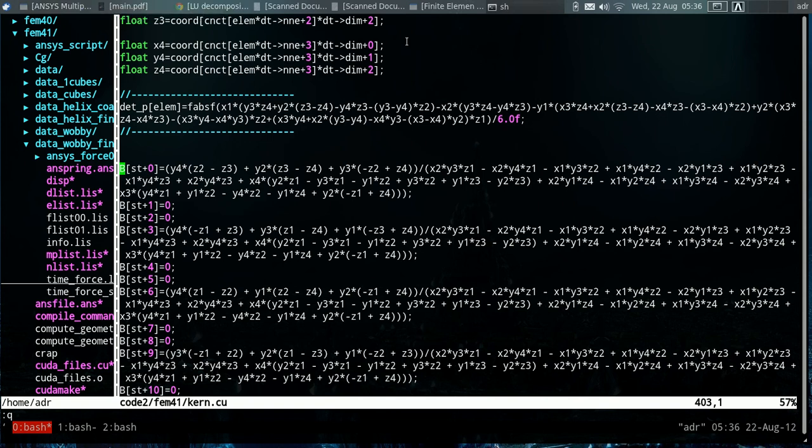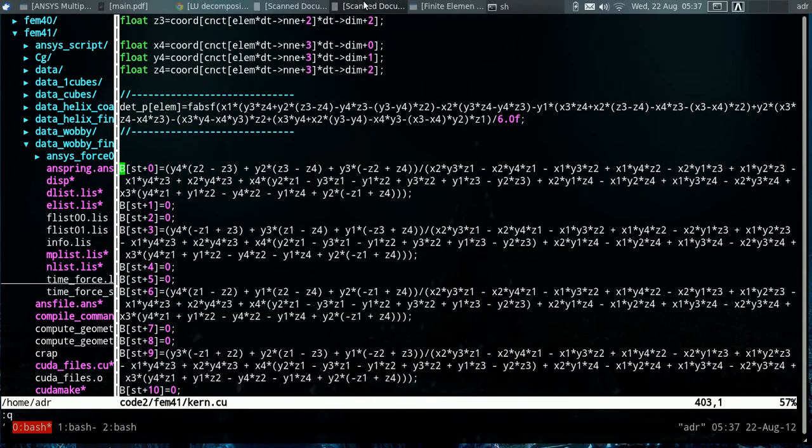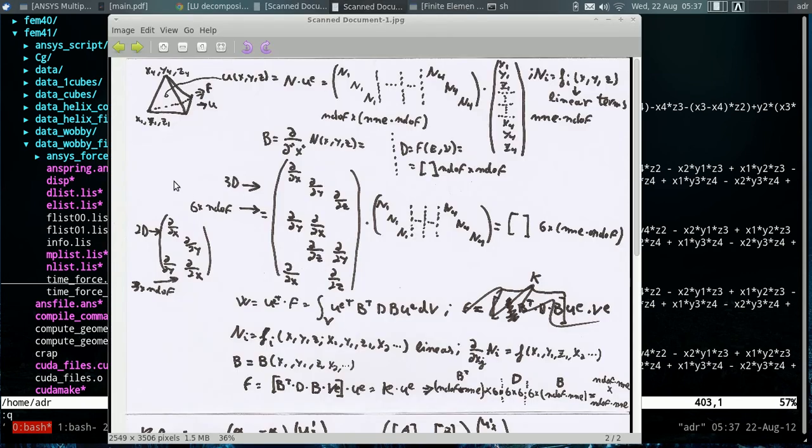And now, how does the program really work? Well, for that, this could be in 2D. What we always want to find is, we've got a system with a stiffness matrix K multiplied by the displacements of the nodes, which gives you the force acting on the nodes of those elements. And our objective is always to find the value of the K matrix. Well, in the case of a tetrahedron,